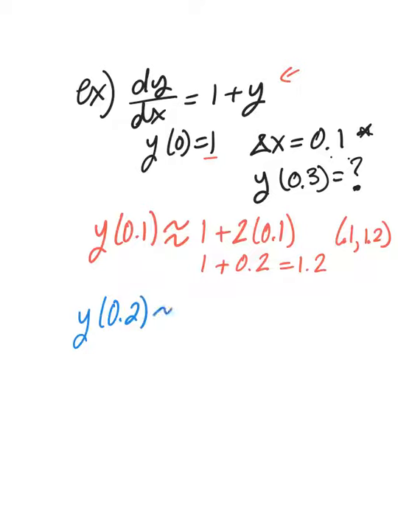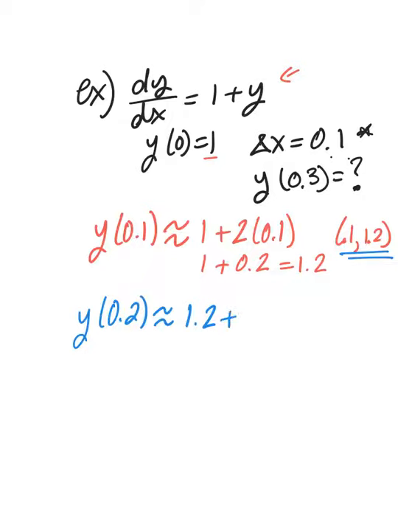y of 0.2 is approximately... Again, I'm doing my tangent line, y1. But I'm not using the y1 I started with, otherwise I'll just get the same answer. I'm now using this point. So my y from my new point is 1.2